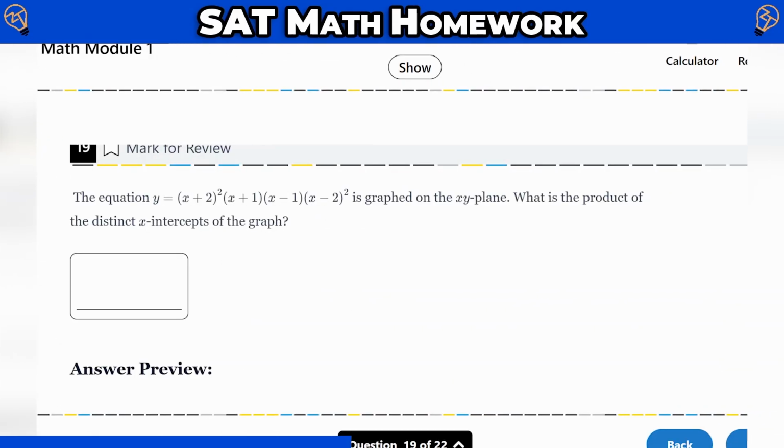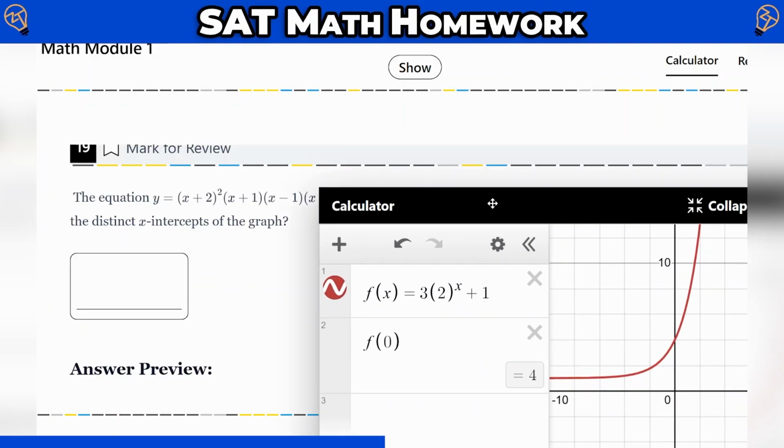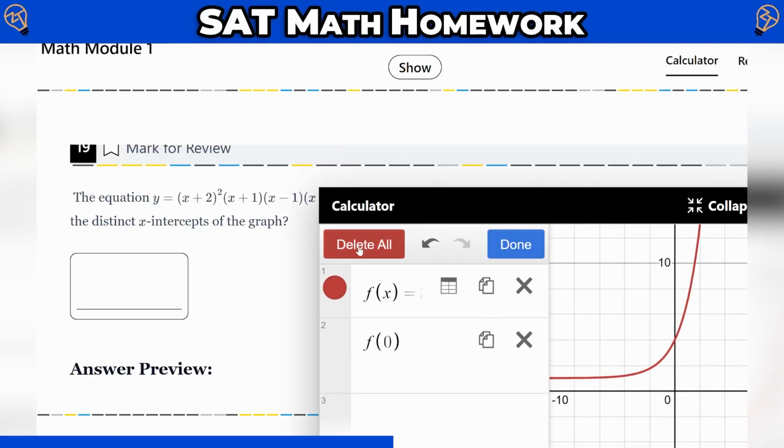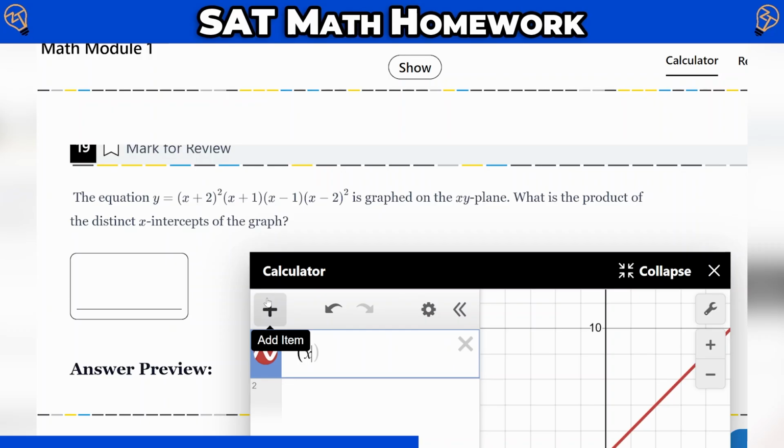Now, even though I think that's definitely the easiest approach, I am also a fan of Desmos, so I want to show you how to use that. So we'll go ahead here, and then if you had any previous functions, we'll go ahead and click the gear icon, delete all, and I'll just type this in. Now remember, you don't have to type in y equals if you don't want to,